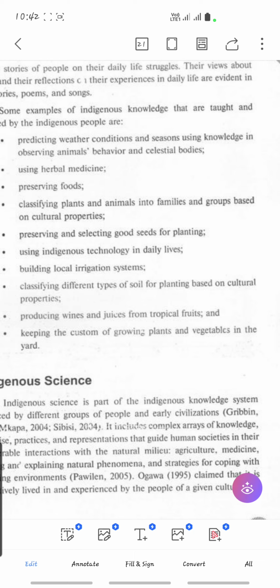Basically, if we literally explain the differences between science and IKS, it is somewhat related to one another. Why? Because if we say science is based on experiments, right? It is based on experiment, while the IKS or the indigenous knowledge system is based on historical knowledge. As we all know, before we go on to the experimental basis, we need to focus first on the historical knowledge. We need to know the background of our study. So that's why science and IKS is somewhat related.